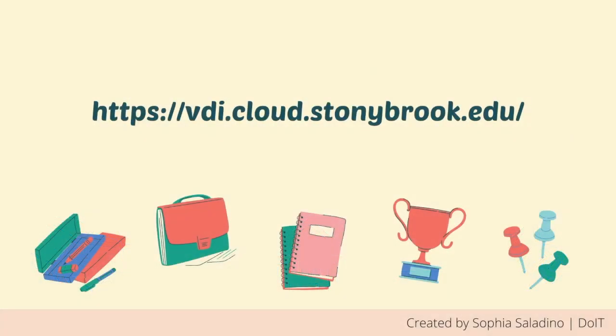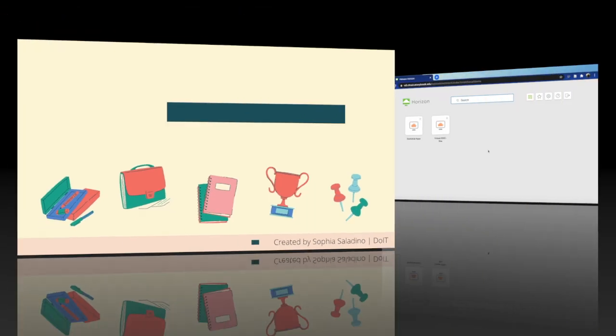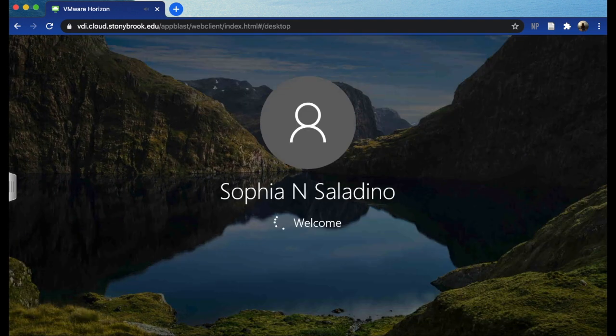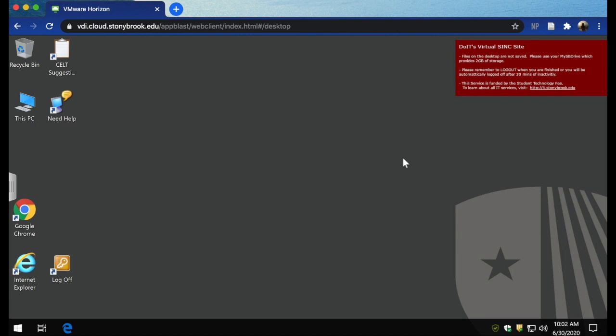First, let's connect using this URL. Once you reach this homepage, sign in with your NetID and NetID password. Then click on Virtual SINC Site right here. You will see this preparing Windows screen for a few seconds, and now it is like you are at an